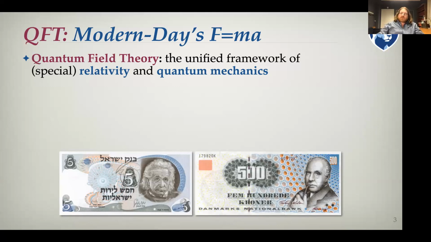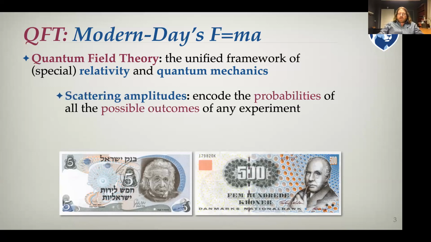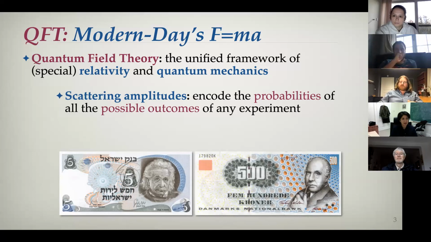Among the observables that people talk about, and what I'm going to focus on today, are scattering amplitudes, which encode the relative probabilities of all of the possible outcomes of any given experiment. You have some things coming in and some things going out. And a scattering amplitude is this function of many variables that include all the momenta and helicities and colors of the particles involved. And the two things that are resounding themes that I think set the stage for this whole